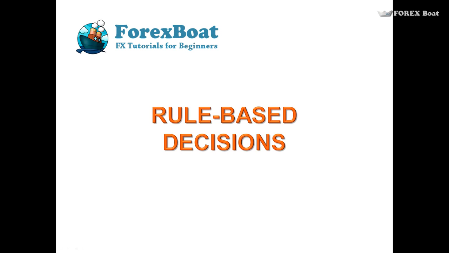If you recall, in the previous tutorial we spoke about algorithmic trading systems and how they were called expert advisors in MQL4. We also found out how they're structured on the inside, what functions they incorporate, and basically how they work from an execution point of view. Today we're going to understand what we will be putting in the body of each of our expert advisors, how we will tell the robot how to correctly understand when to open an order, when to close an order, and when to take certain actions. That's basically rule-based decisions.